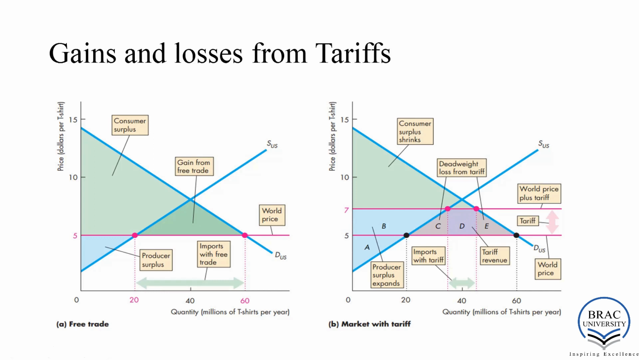There is a loss here. Because of this trade restriction, society faces a loss, and that is the deadweight loss from the tariff. So the deadweight loss is this area C and this area E. Why do we face this deadweight loss? We face it because of the increased price and the lower purchase of t-shirts because of the increased price. Okay,